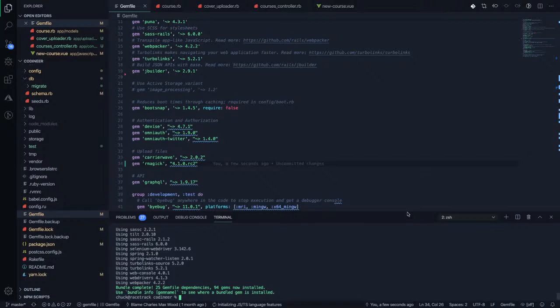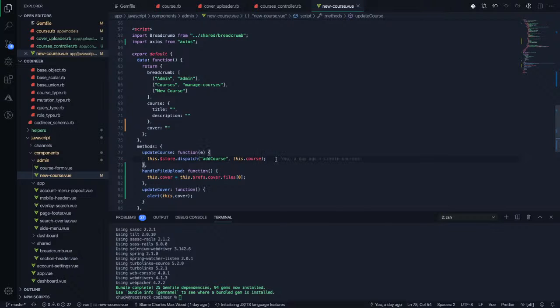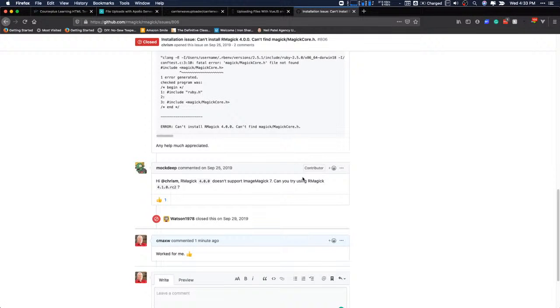And it's been an hour, folks. So we didn't get it all done. Sorry. But we should be able to start running this and debugging it next time. The plan is, when I submit, I plan to do this.store.dispatch add course, and then I'm probably just going to dispatch another one. Yeah, because I can use Axios over there, right? Or I can use Axios right here. But then I can dispatch and send it the course and the cover. And that way it can upload the cover for the course. So anyway, that's the dealio. So I am going to hit the big fat